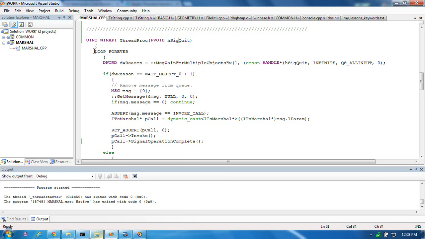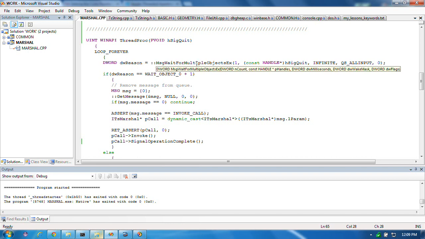So you could say while quit signal is not set. However, you can get stuck if you do it that way. It's better to use this message wait for multiple objects, which means that